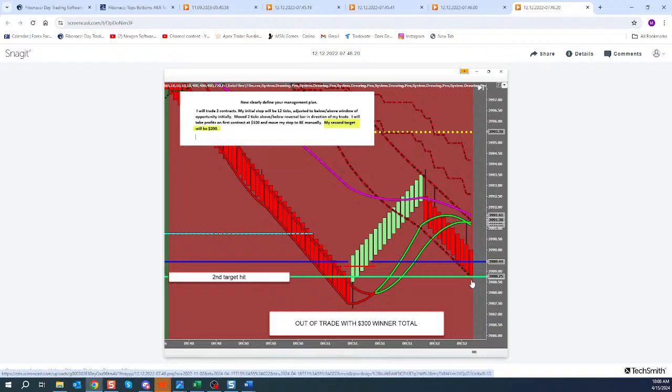And for the brand new user, the second target is only $200 in the distance, which means that in one high probability trend trade with a mechanical entry, with a very mechanical, pragmatic approach to management, that's a $300 trade. And you guys with dollar signs in your eyes, dreaming of Ferraris and dreaming of mansions and all the things associated with it, you have to remind yourself that it's not the number of trades that typically gets the user paid. It is the quality of the trades, the consistency of the trades, being able to do the same thing